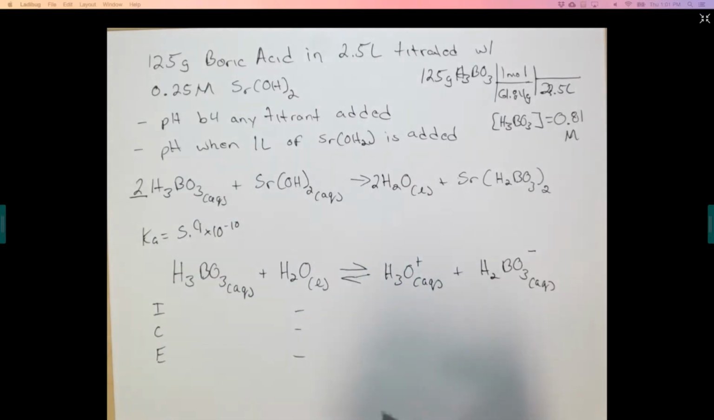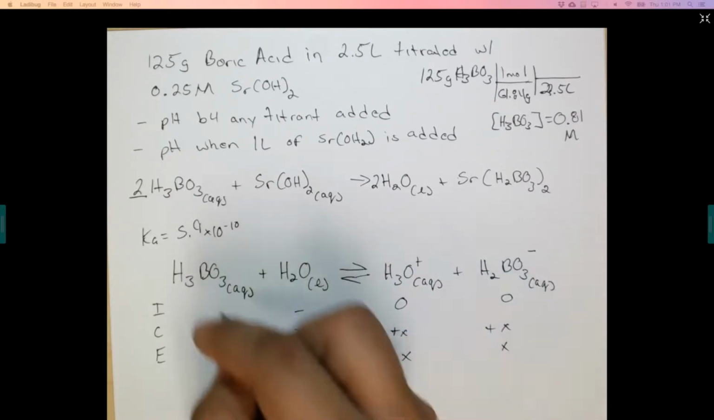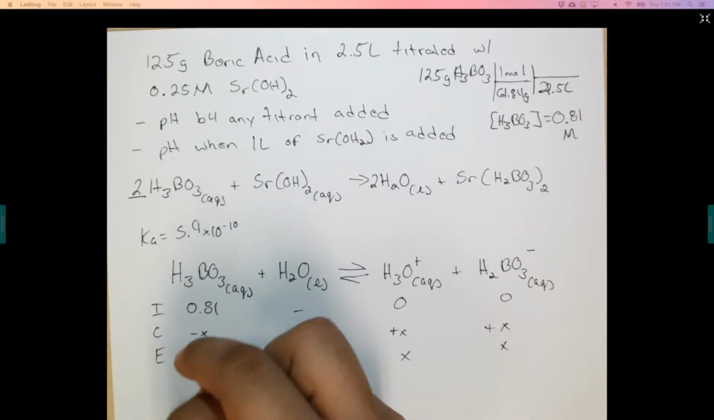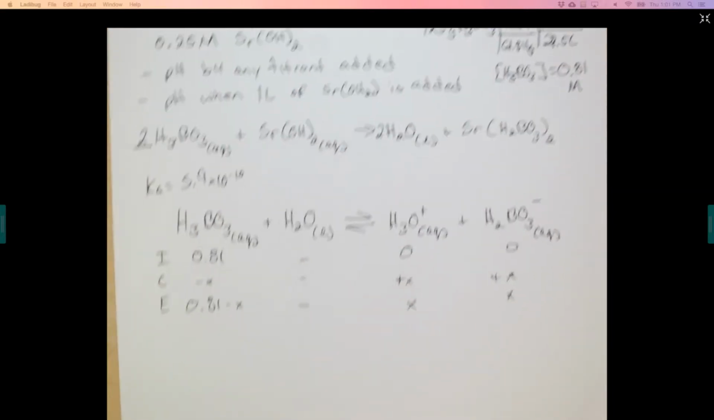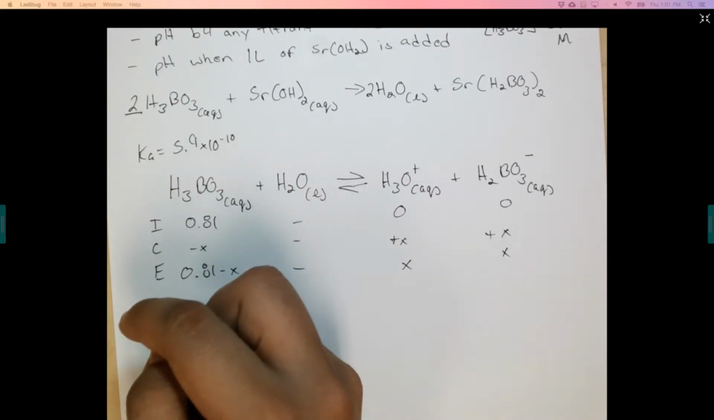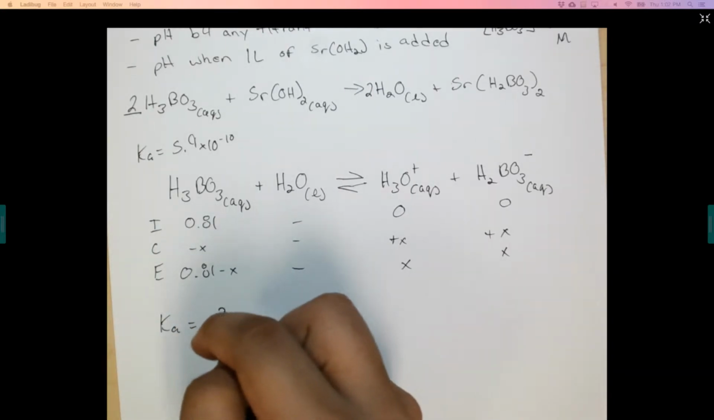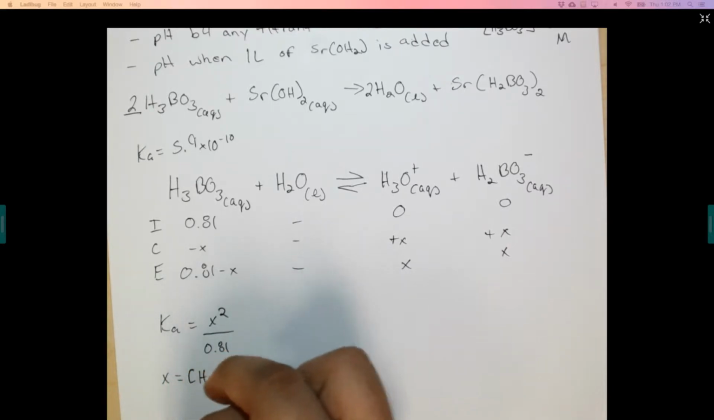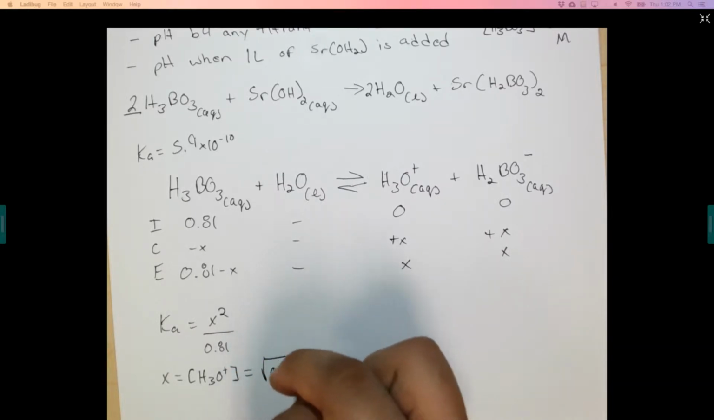We're never worried about water. We don't have anything to start. Plus x, x, and we end up with 0.81 minus x. Now, if we take a look at Ka and our concentration, we see that they have a large differential, so we can actually drop x in this, and we can determine the concentration using Ka is equal to x squared over 0.81. And if x is equal to hydronium, which is equal to the square root of 0.81 Ka,